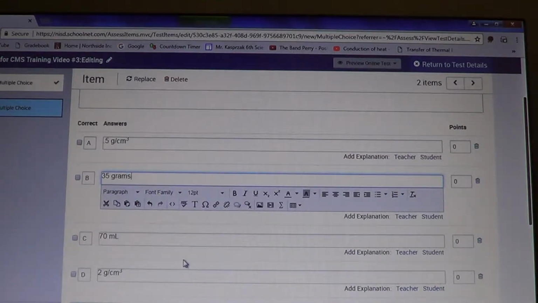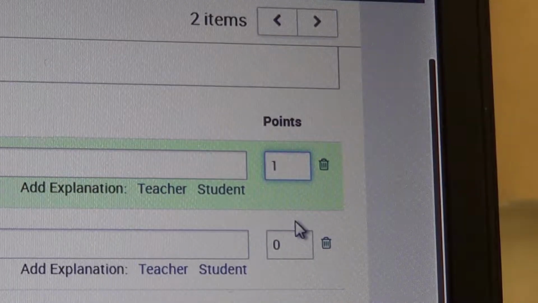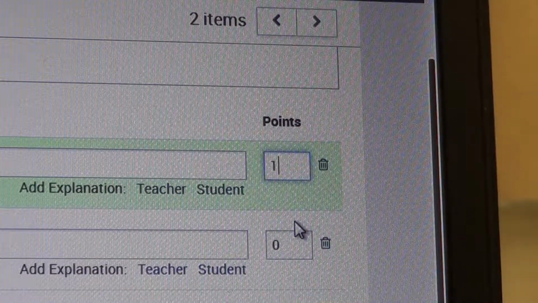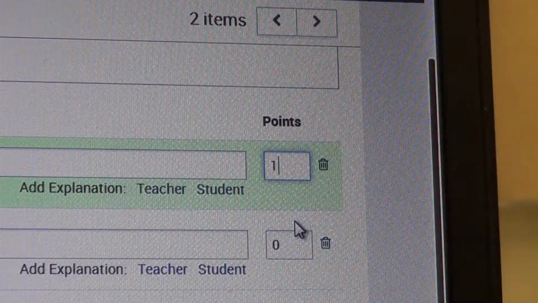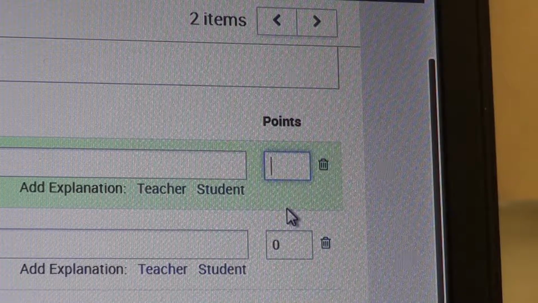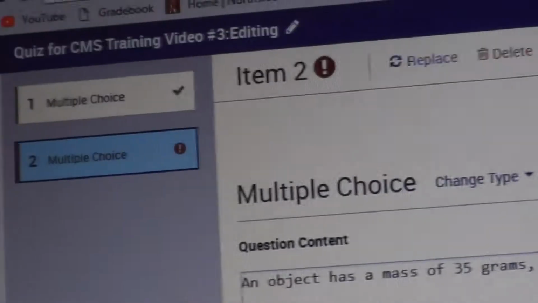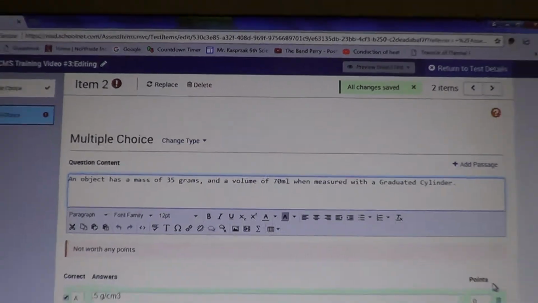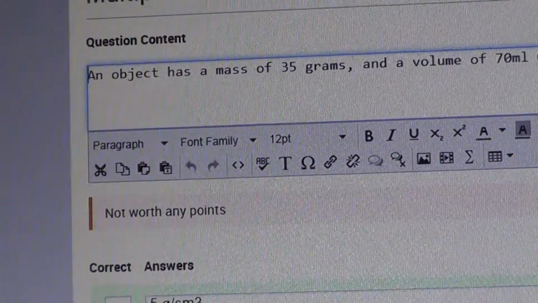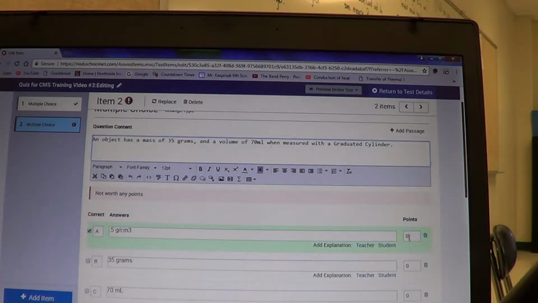What we need to do now, however, is pick a correct answer choice. So I can tell you the correct answer choice is A, and we're going to leave the point value as 1 for right now. Now keep in mind, if it's a 10 question test, each one would be worth 10 points, so on and so forth, but you have to put something here. If you don't put something, I'm going to show you what it does. If you leave it as 0 and you hit save, all right, red flag, something went wrong. So now we have to look at our question and be like, what was the deal? The deal is you don't have any points. All right, so we're going to back up real quick, and we are going to, just for now, put 1